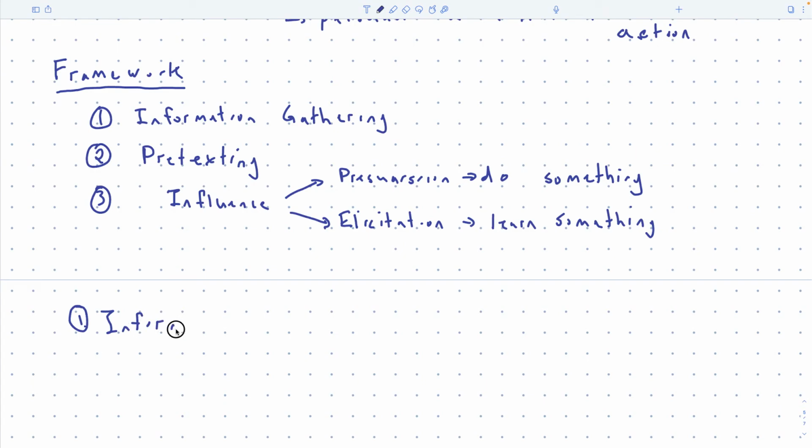is the first one. And the man in the briefcase started asking